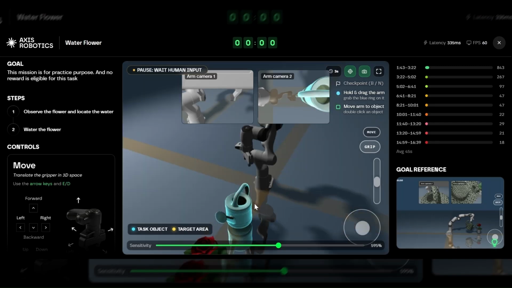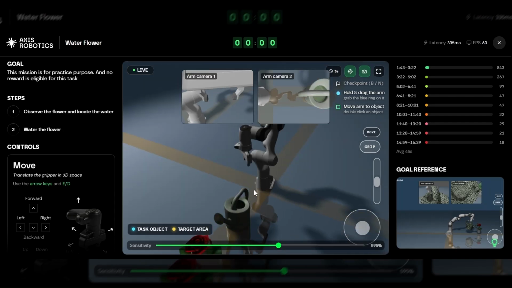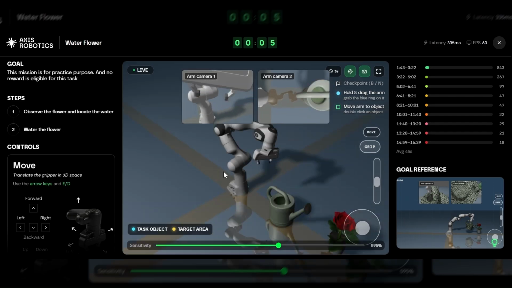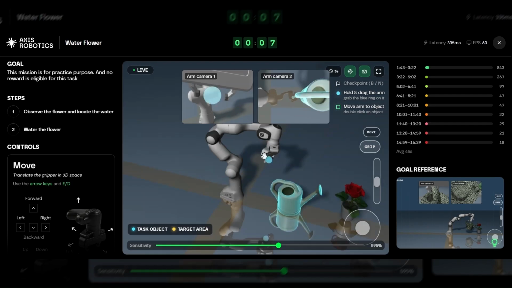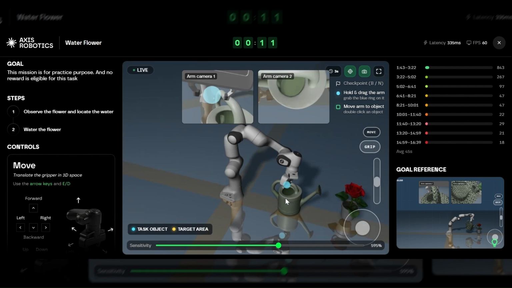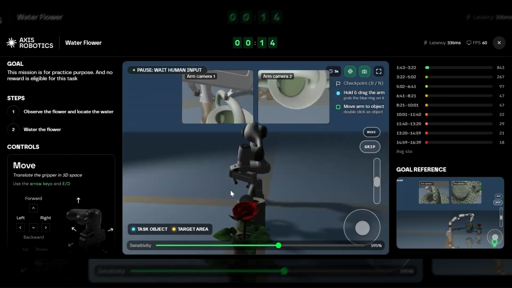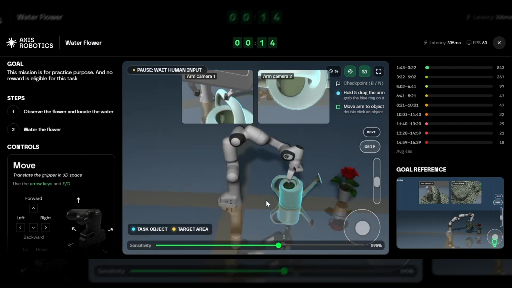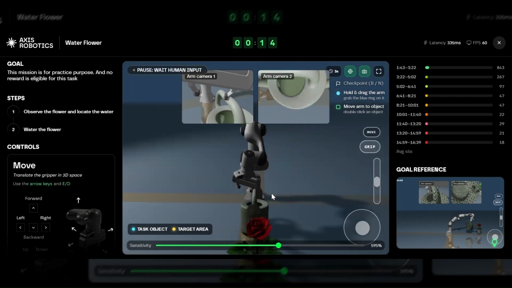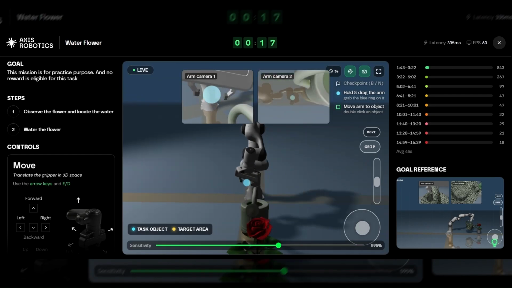So now let's get the task completed. For me, I'm just using my mouse to make the workflow faster. Now can you see from this particular point of view, it feels more like the gripper is already on the kettle. But when you switch side, you will notice that the gripper is not actually on the kettle. So now all you have to do is move up,